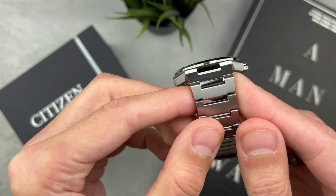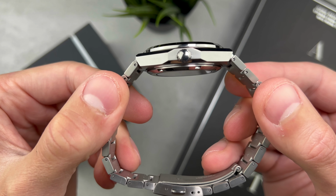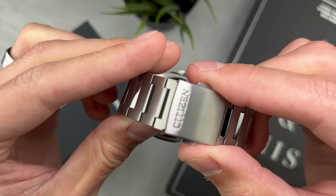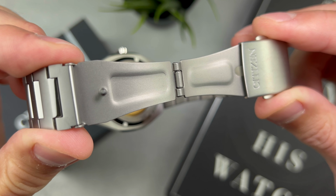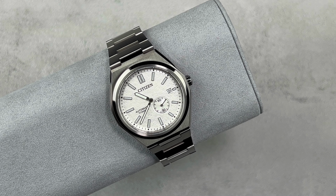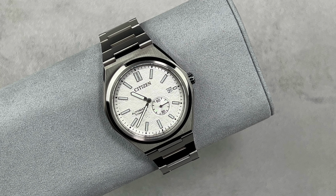Titanium being used here also means we get this very cool gunmetal grey colour as opposed to the brighter hue of stainless steel. These finishes then seamlessly continue all the way down its integrated bracelet, which starts at 23mm wide and tapers down to 20 as it meets its fold-over stamped clasp, which offers push buttons either side for quick release. We've got a push-down crown at 3 o'clock, which supports the watch's 100 meters of water resistance and offers